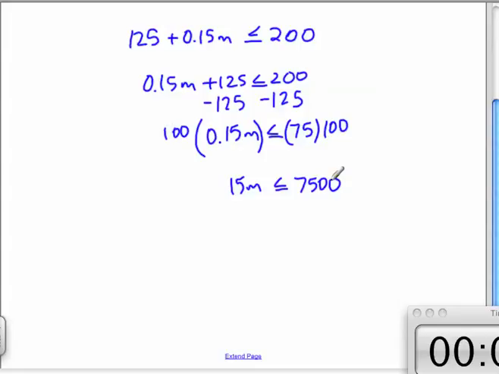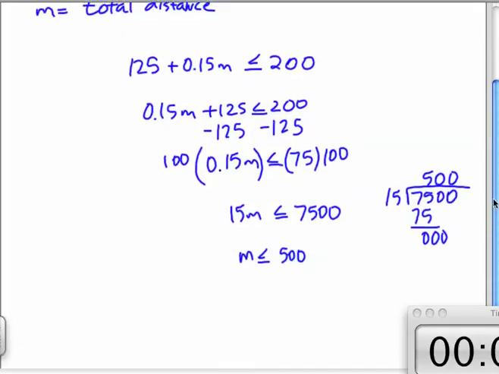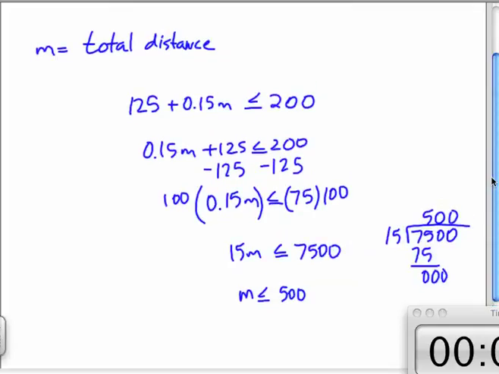Right. So now I just need to divide 15 into 7,500. Okay. I think it's going to be 500. Am I right? So close. Okay. So m has to be less than or equal to 500. Now wait, what did m stand for? Let's go back, Jordan. What did m stand for? The total distance. Okay. So his total distance has to be less than or equal to 500